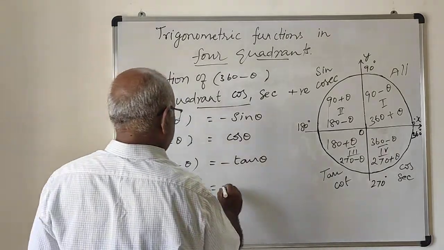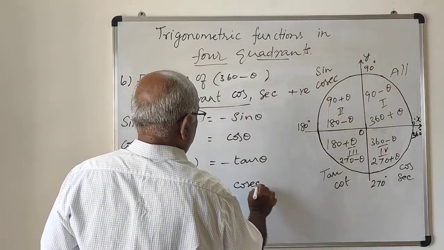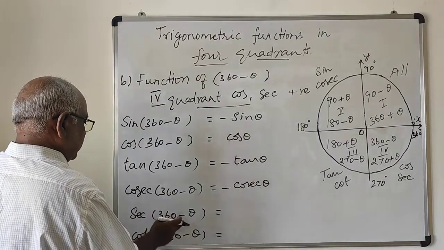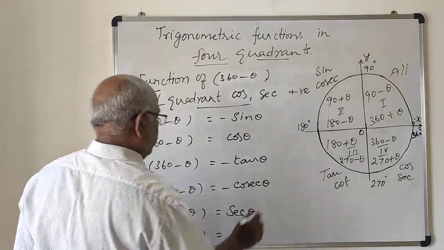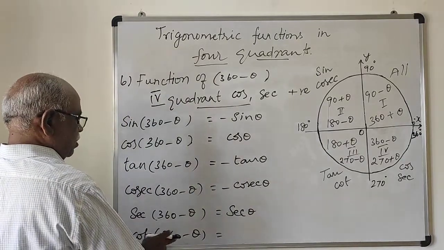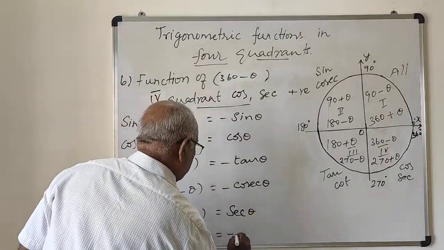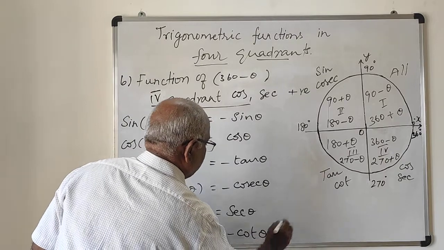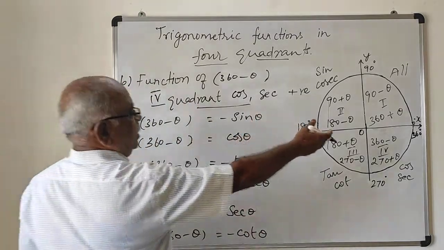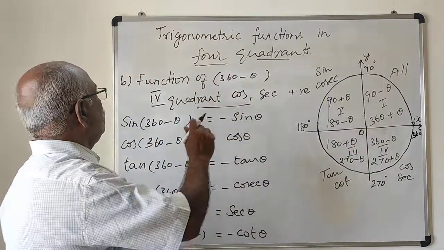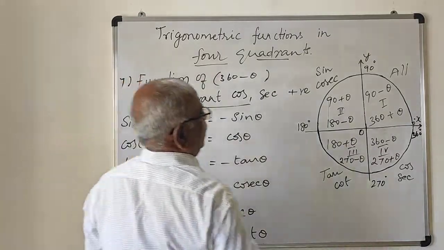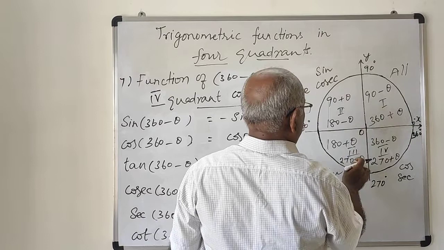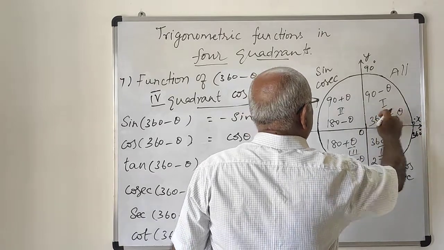Cosecant 360 minus theta is minus cosecant theta. Secant 360 minus theta: fourth quadrant secant positive. 360 does not change the ratio, just secant theta. Cot 360 minus theta is cot negative, minus cot theta. That's all about 360 minus. And one more thing, this is the seventh one, because 1, 2, 3, 4, 5, 6, 7, and the eighth one is 360 plus